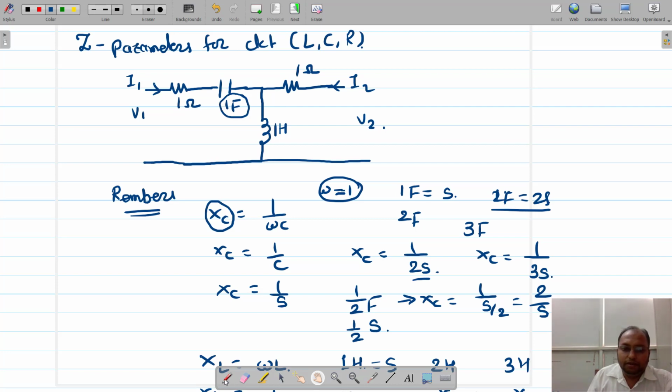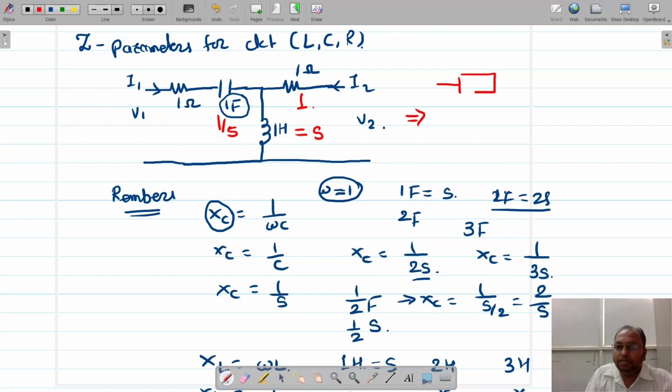So as this is 1 farad, how are we going to represent it? This is 1 by S, right? Right now this is henry, so we are going to write it as S. This is 1. There is no problem with the resistor, only we need to consider capacitors and inductors. So in that case this circuit is going to have,